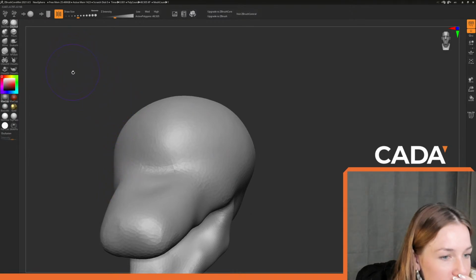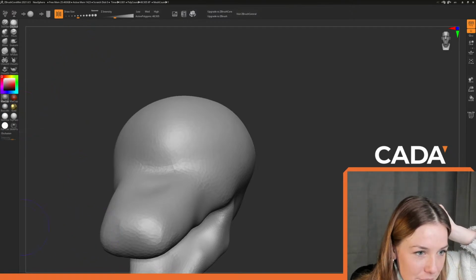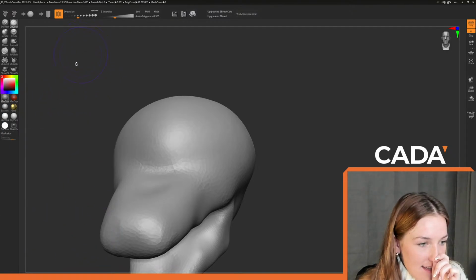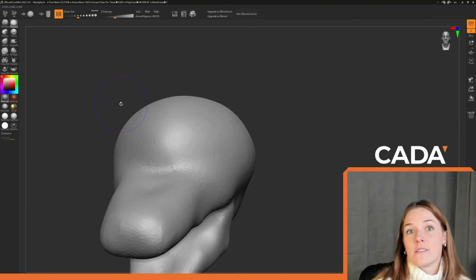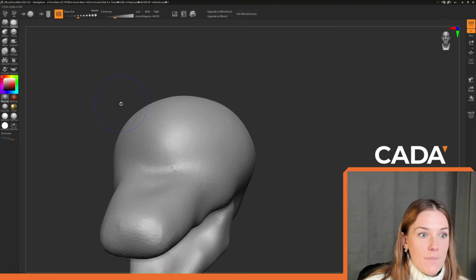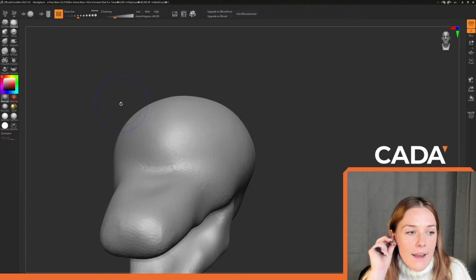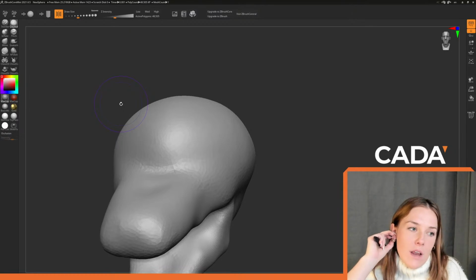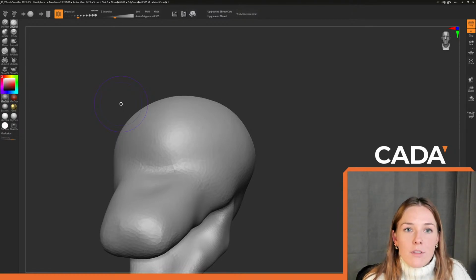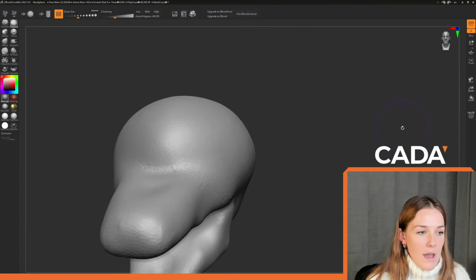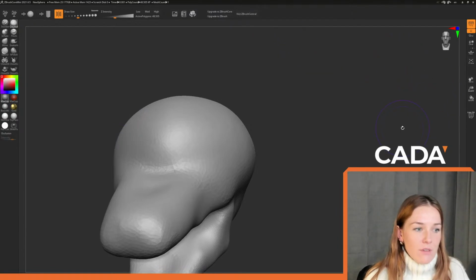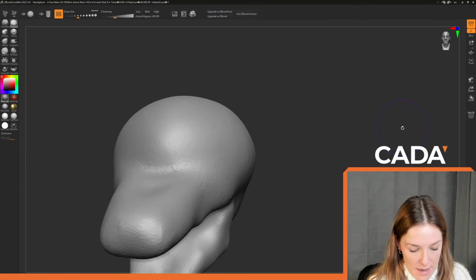Okay, we got a question: when would you use the clay build-up instead of the standard brush? That judgment call is totally up to you. When you play with the different brushes and experience the effects that they have, they'll come in handy for different effects that you want to have. I'm only using the clay build-up brush that's square now because there's no real reason. I'm going to smooth it out anyway, but it